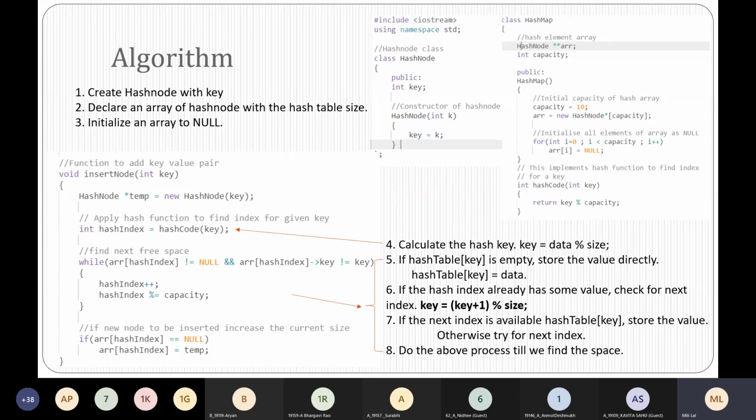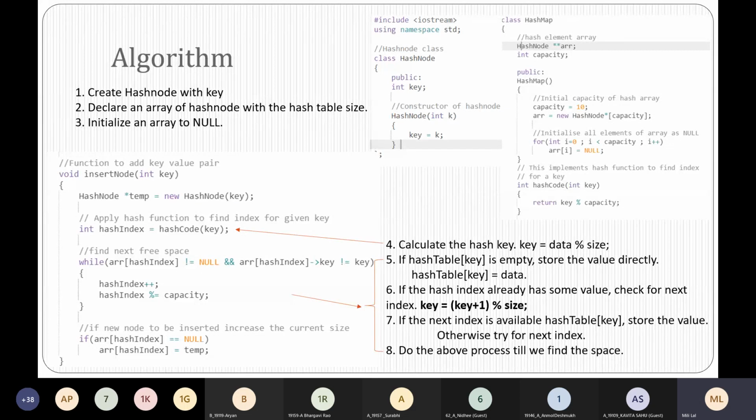You first create a class called hash node, and that hash node object is used in the hash map class. And inside the constructor hash map, you are assigning the capacity to 10, and you are creating an array of objects, and every object is initialized to null.